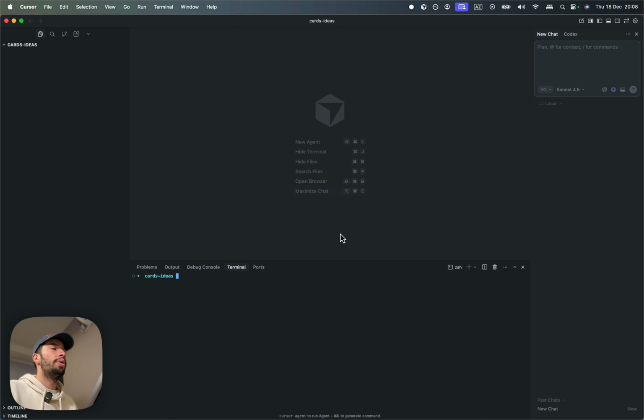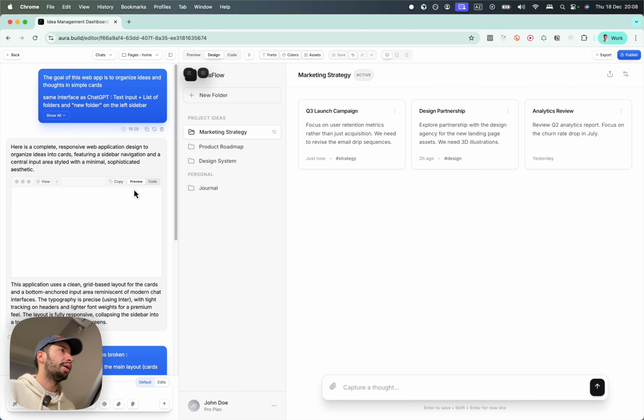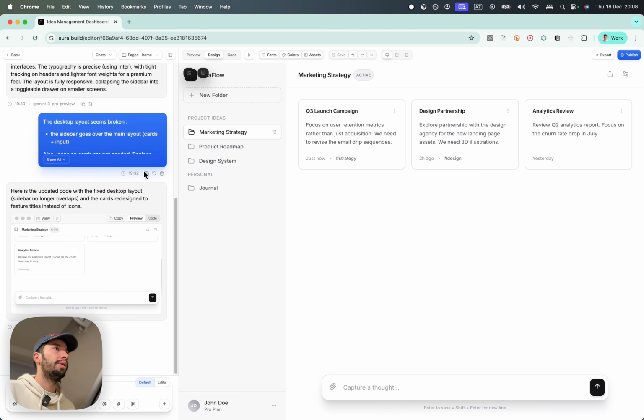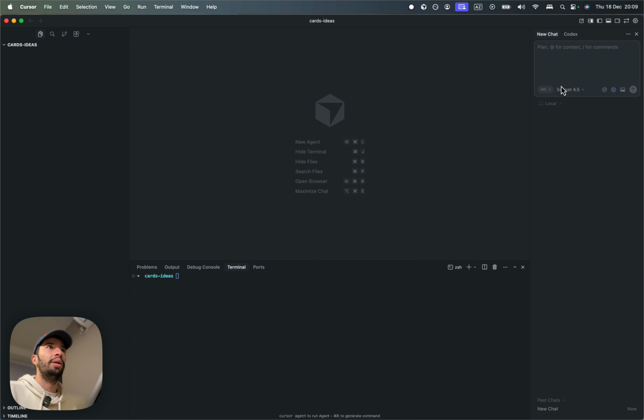And so now I'm just gonna take this code, which is the front end basic code. And by the way, Aura is paid. I think after a third prompt, it's gonna ask me to subscribe, but it's usually able to do great things in just 2 prompts. So I'm just gonna take the front end code here, and I'm gonna tell Cursor to